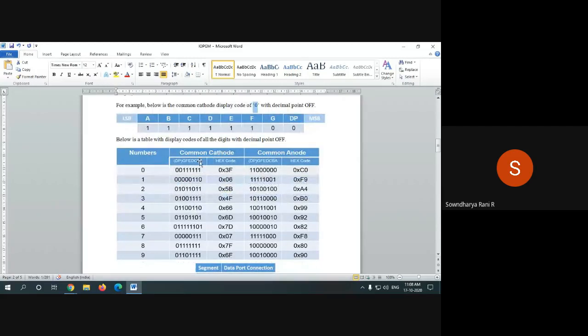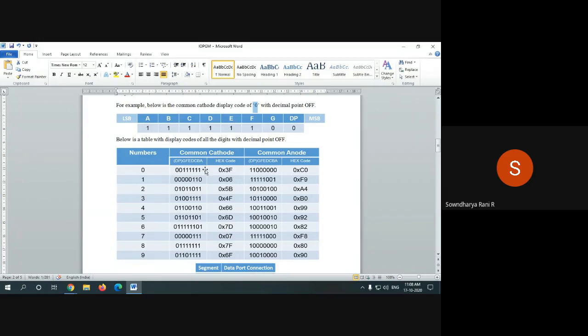Can you see here? The first one is the common cathode. The second one is the common anode. And these are the decimal numbers from 0 to 9. In common cathode, see, it is in reverse order. Here it is given as A to dP, and A is the LSB.